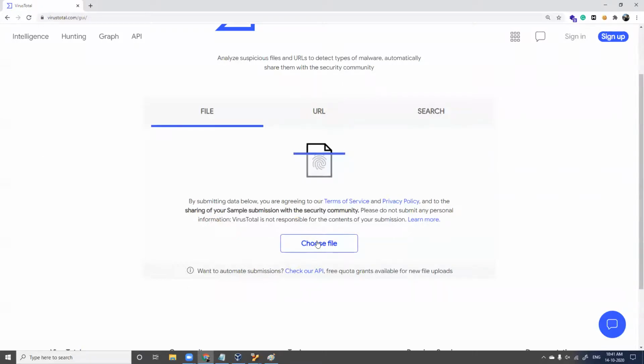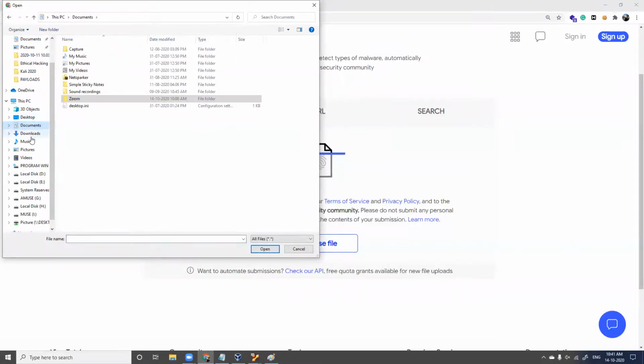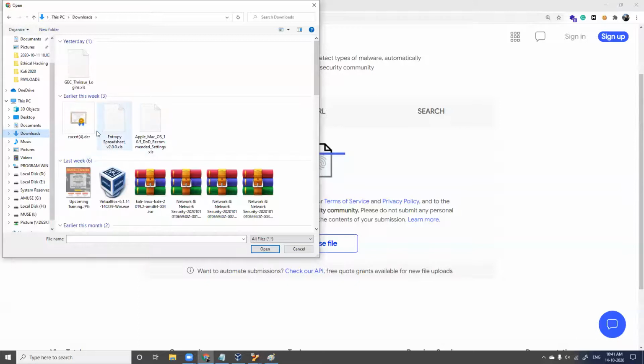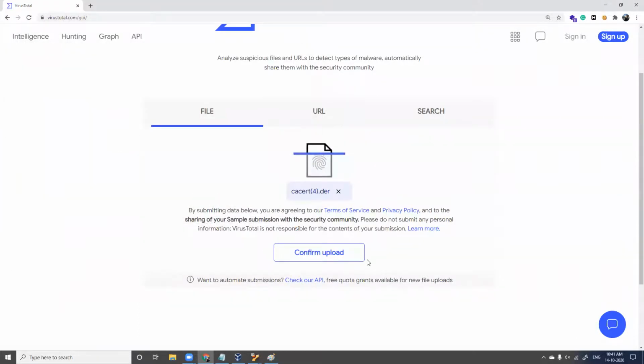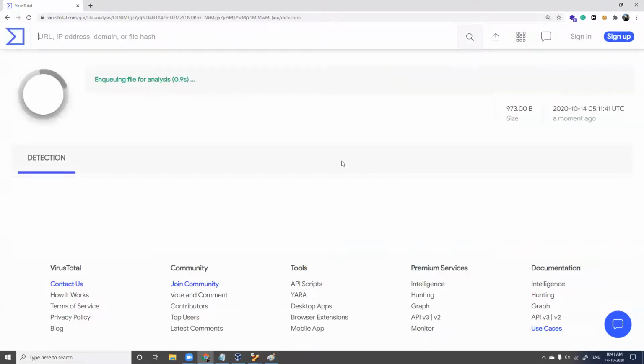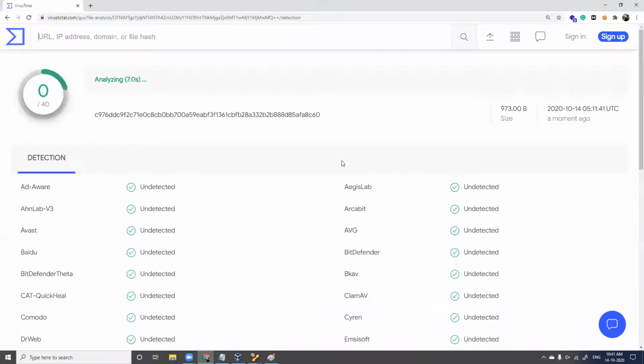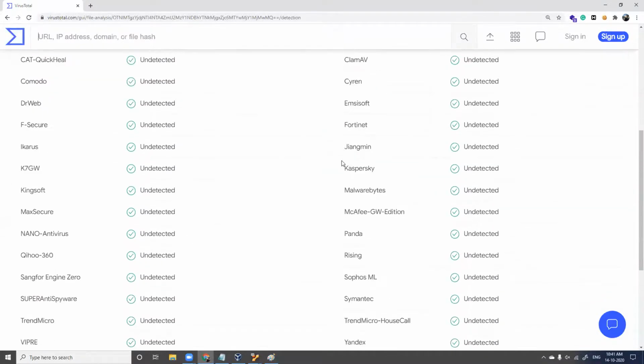You can choose the file here. I'll confirm the upload and check if the file is genuine or not. It compares the file with more than 50 antivirus engines and gives you results like this.